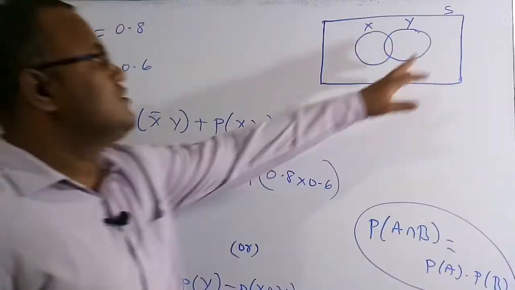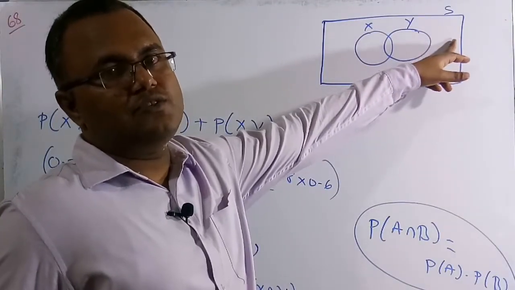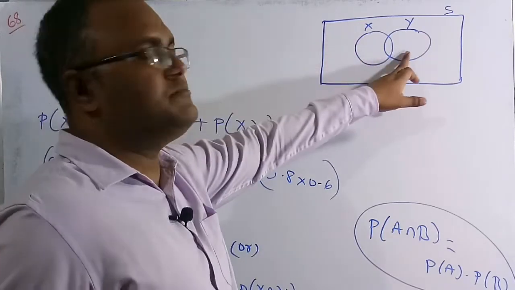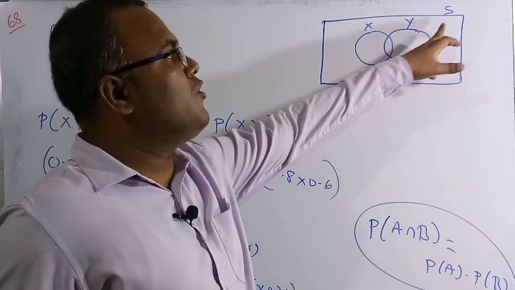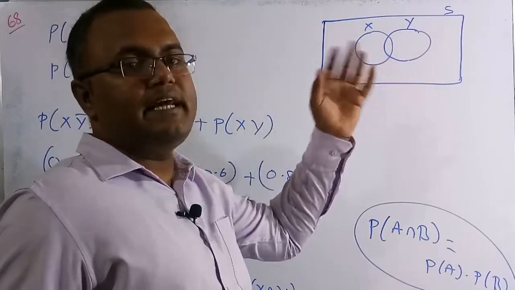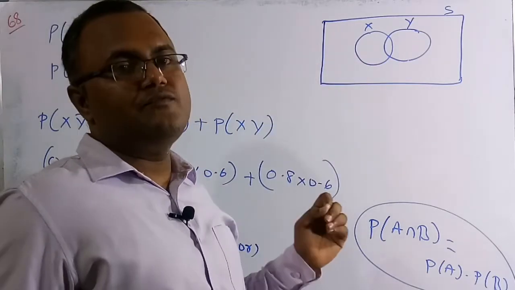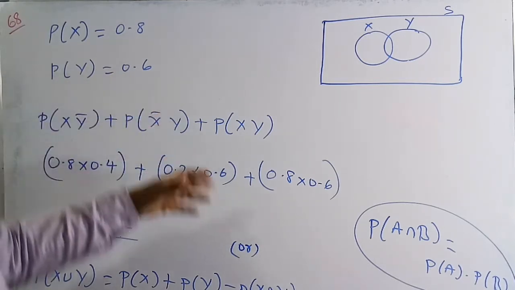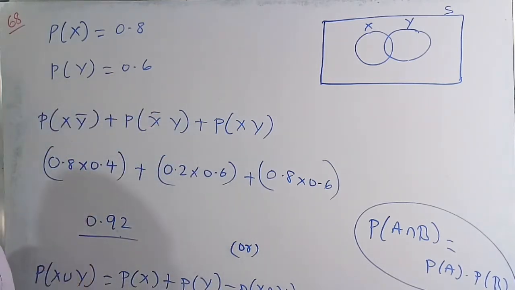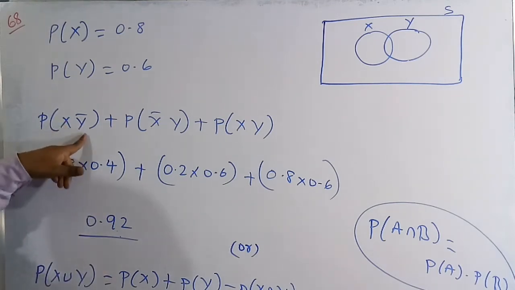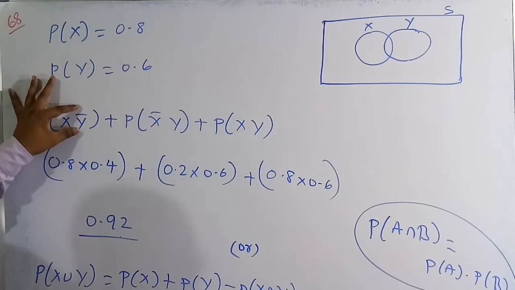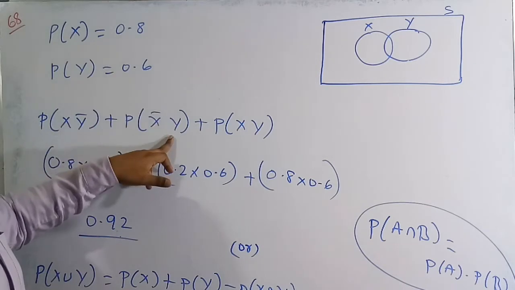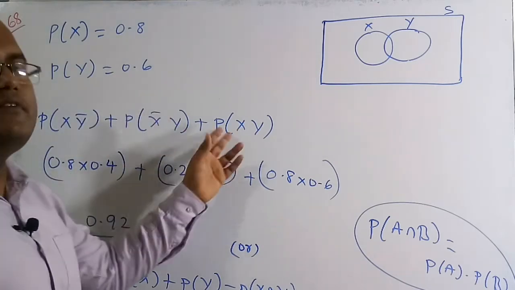So let's solve this numerical. Suppose S is a question paper. Suppose there are 100 questions. Out of this, X can solve only 80%, meaning only 80 questions, and Y can solve only 60%, meaning only 60 questions out of the overall question paper. Then what is the probability that any one of them is going to solve that question? We need to figure out. So the probability of X is 0.8, the probability of Y is 0.6. I am going to teach you two methods. At least anyone should solve this question, meaning either the probability of X into Y complement, X is going to solve but not Y, plus the probability of X complement into Y, meaning X is not going to solve that question but Y is going to solve, plus the probability that both can solve this one.